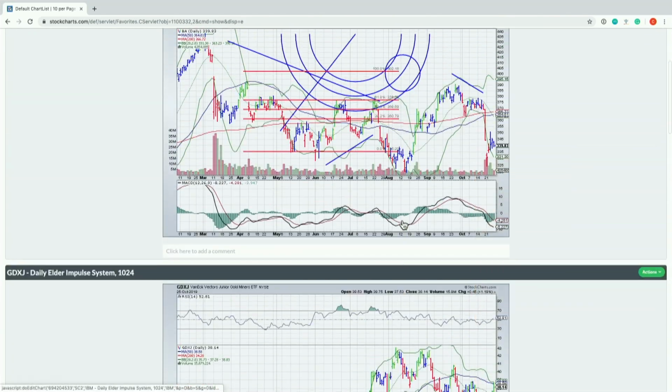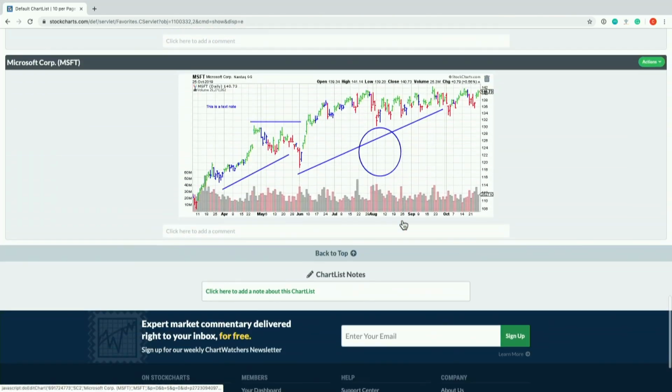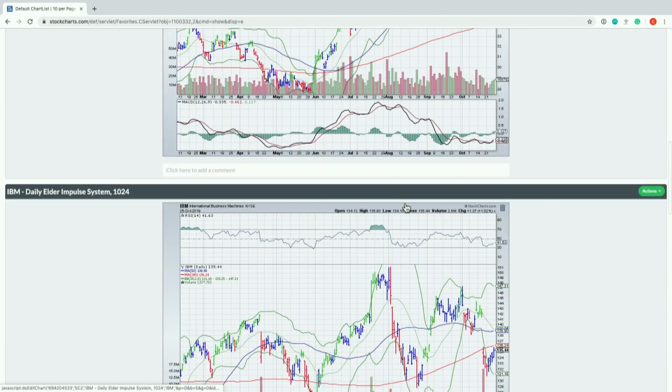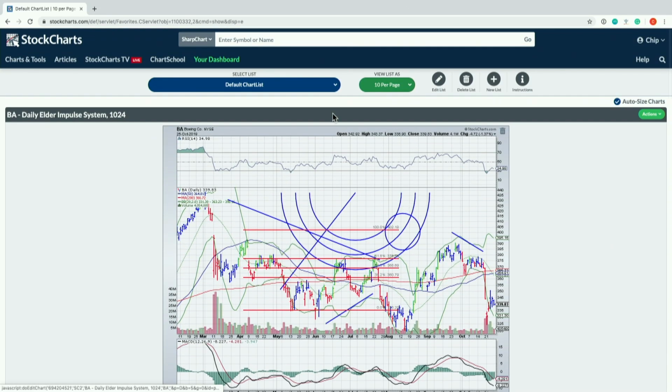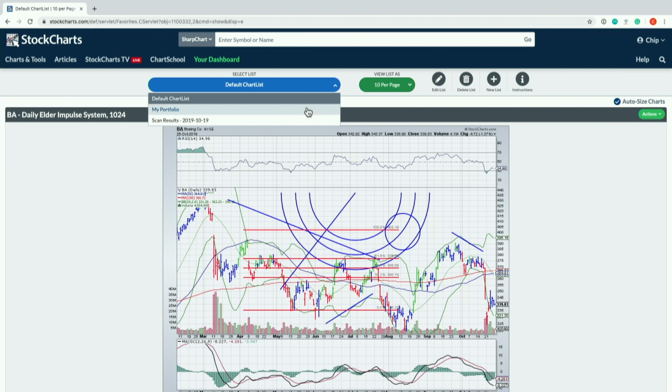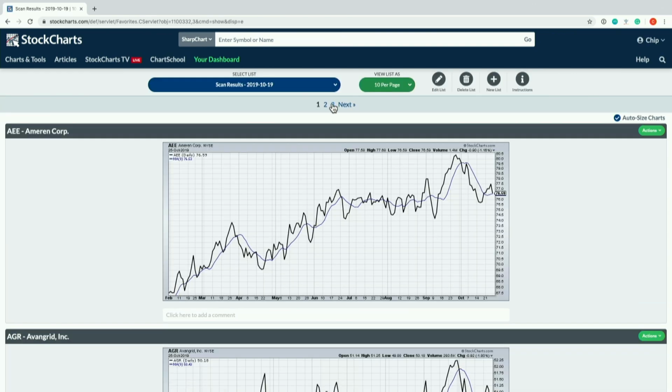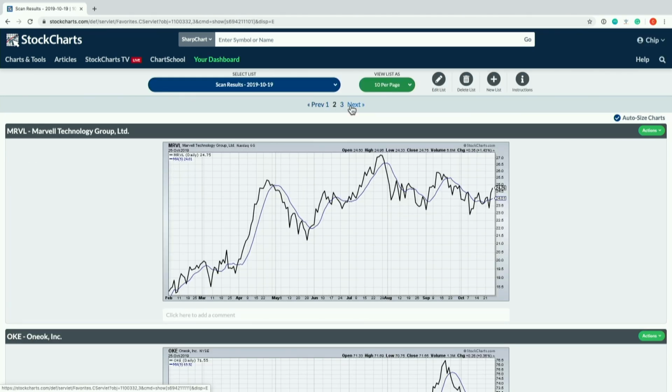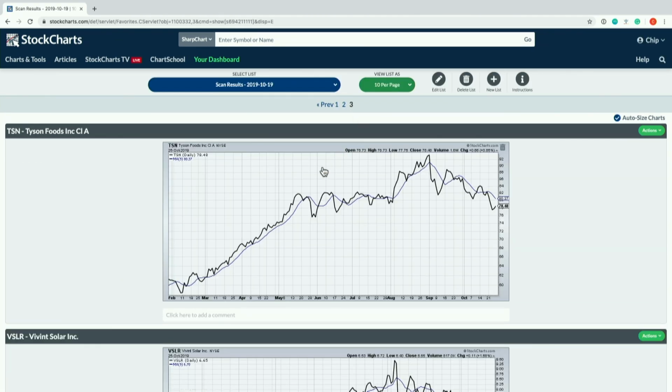And when you're looking at charts in 10 per page, you will go next, especially if you have a long chart list, and you'll end up with a whole bunch of different ones. Let's see, I think maybe this one is a longer one. Yes, you might be on page number 2 or page number 3, and you want to get back to those particular ones. So my advice, though, is to not use 10 per page to scroll through charts in that particular